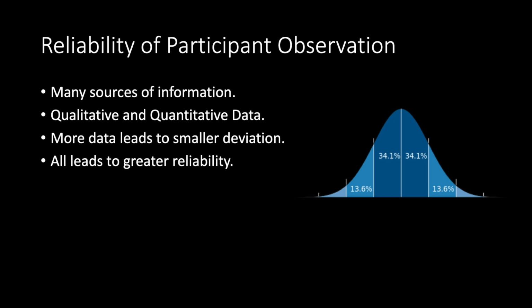Now, touching on the reliability of participant observation. It has the benefit of being reliable due to the fact that its holistic approach allows one to draw from so many sources to get needed information. The information that is required from participant observation often includes quantitative data that can be used to reaffirm the findings of the anthropologist.